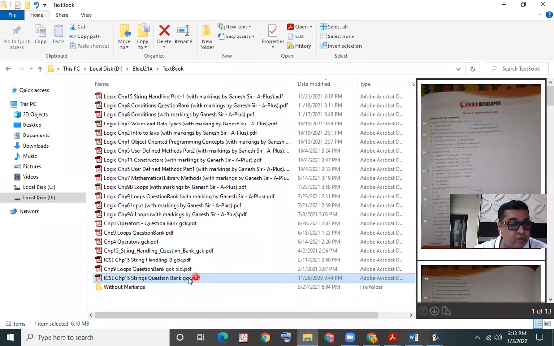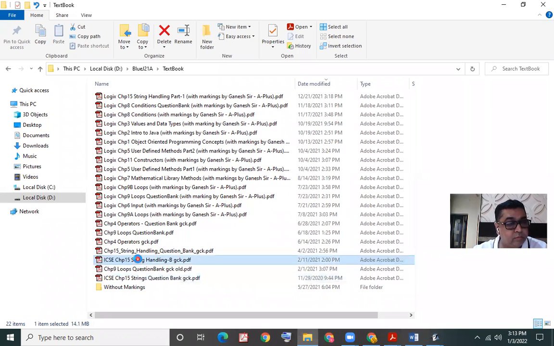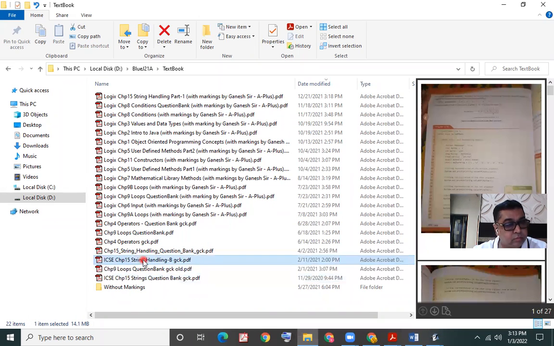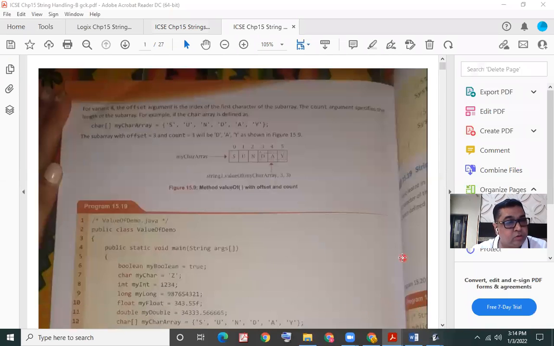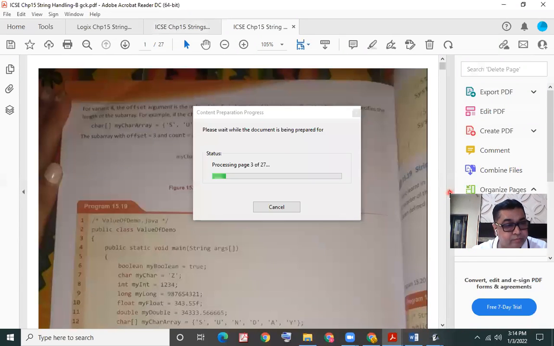Just give me a moment. String handling part B. The next 15 pages are in this file.